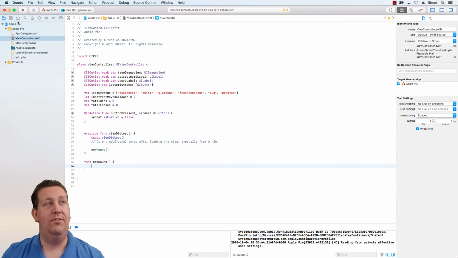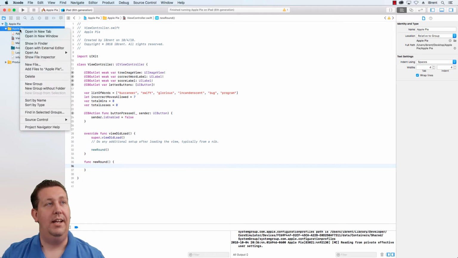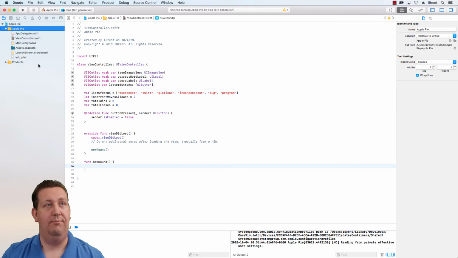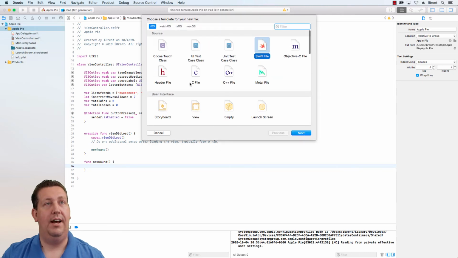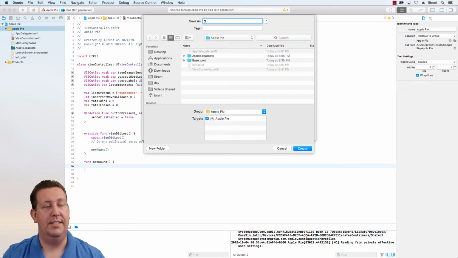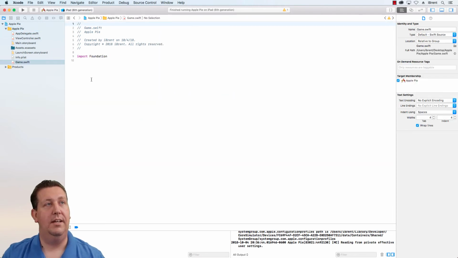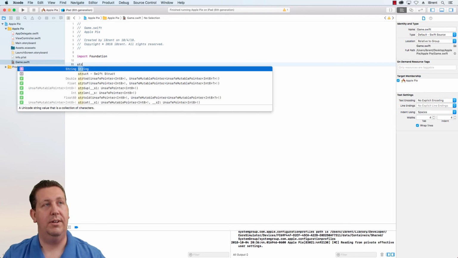So let's add a new file. If I click over here in this folder where it says apple pie, and I right click and I say new file, then I want a Swift file, which is kind of the default, and then choose next, and we're going to call this game. Go ahead and click create, and in this file we're going to create a struct,